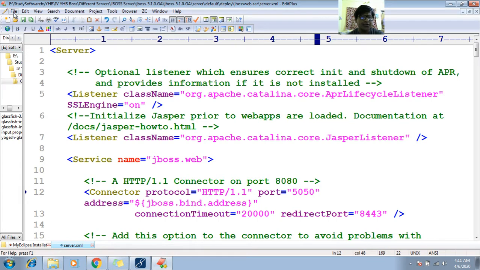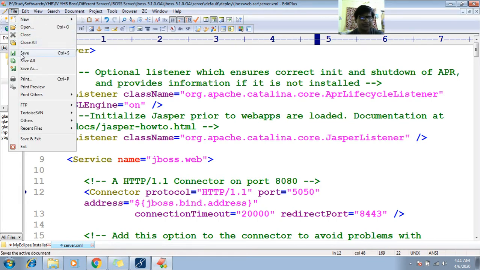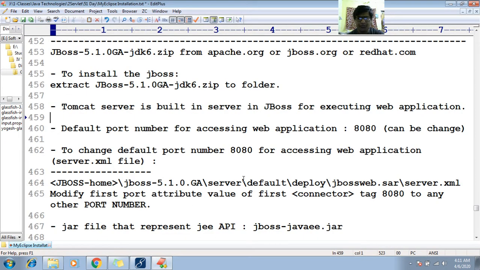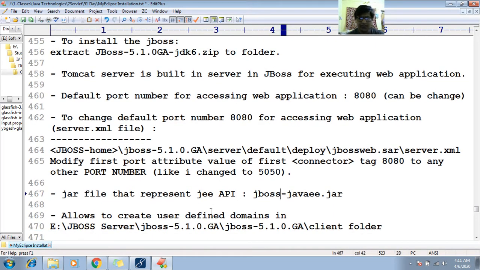Once you save, close it. In this way you can change the port number. Suppose I change it to 5050.